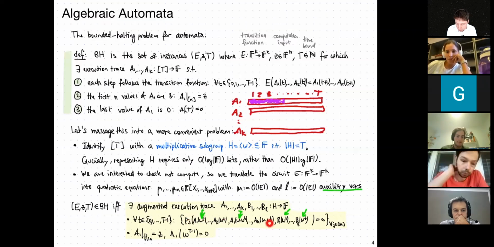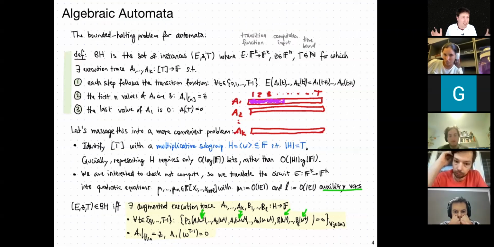And I want this to be enforced for every state transition. But of course, the last one I don't care about, because even if it wraps around, I don't care. And separately, I also want to make sure that this execution trace in the first so many time steps agrees with Z. And of course, the last time step, this one here, is 0. Okay? So what I've done is basically I've translated a question about automata to still a question about satisfiability, just like this